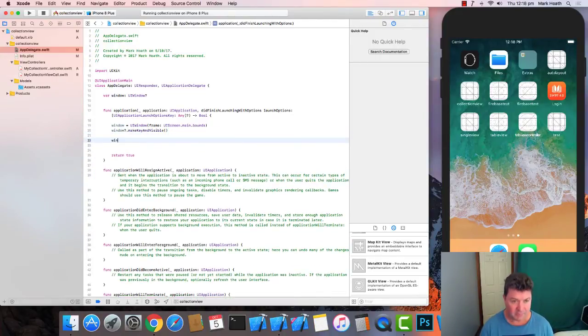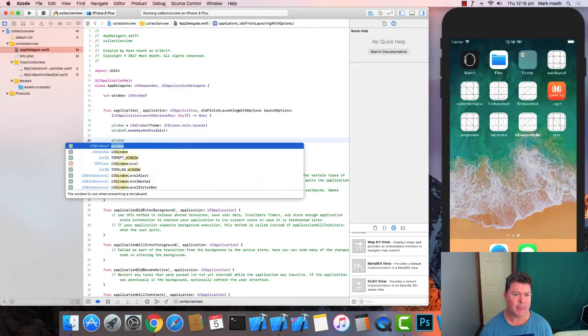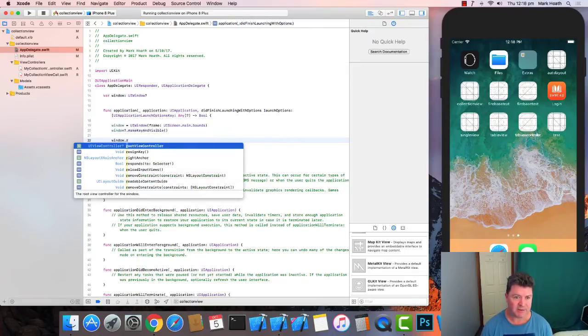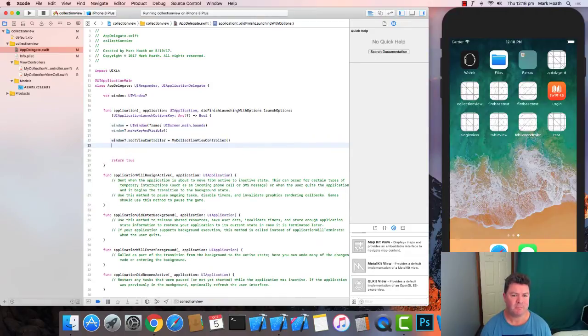And then we need to set the root view controller, which is the little arrow in the storyboard. Say, hey, let's run this window, and we want to set that to be my collection view controller. And if we run that,